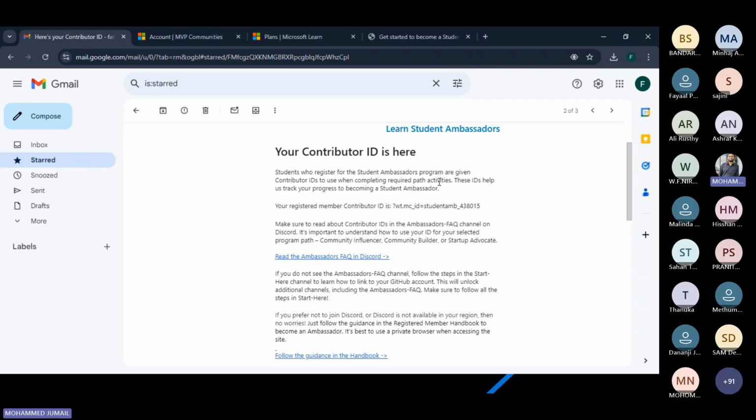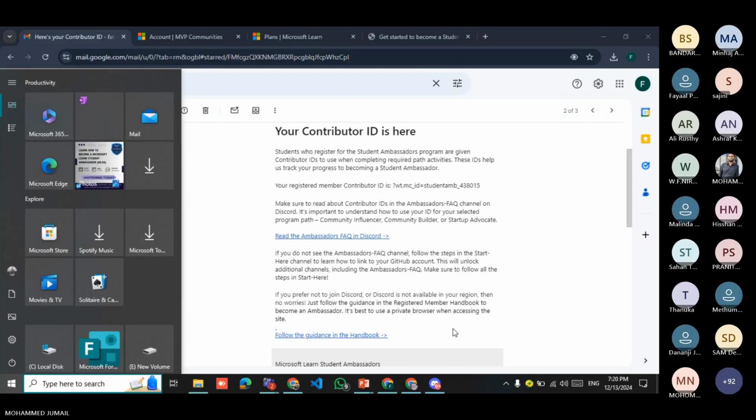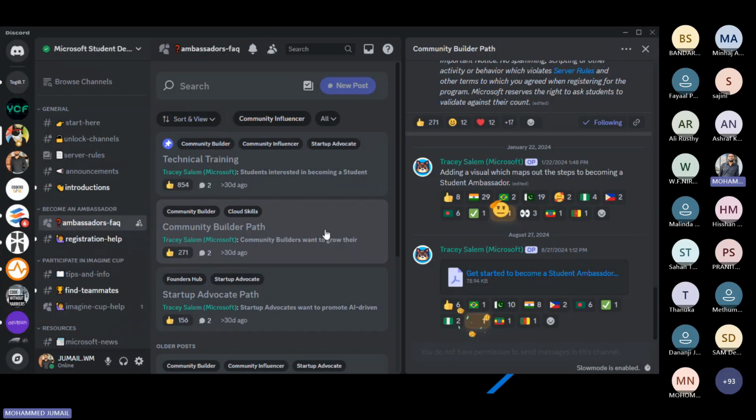Once you receive the contributor ID, you can start your path registration. These are the three paths: technical training, community builder path, and startup advocate path.